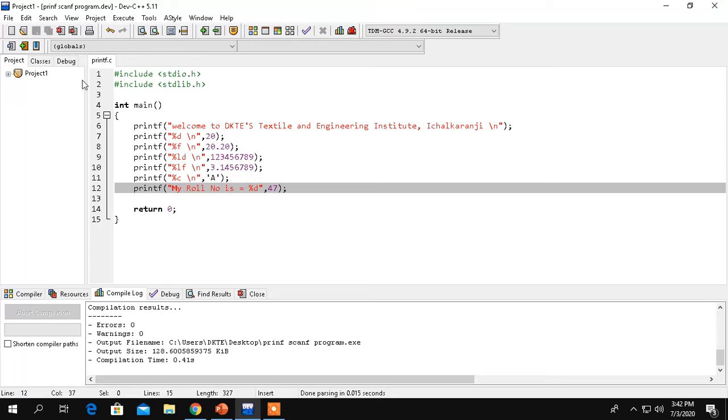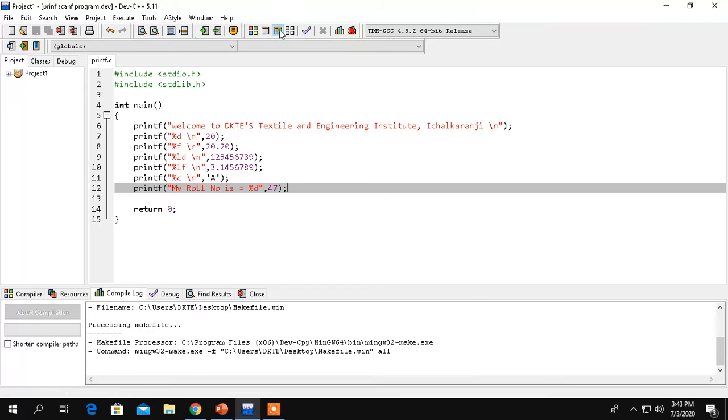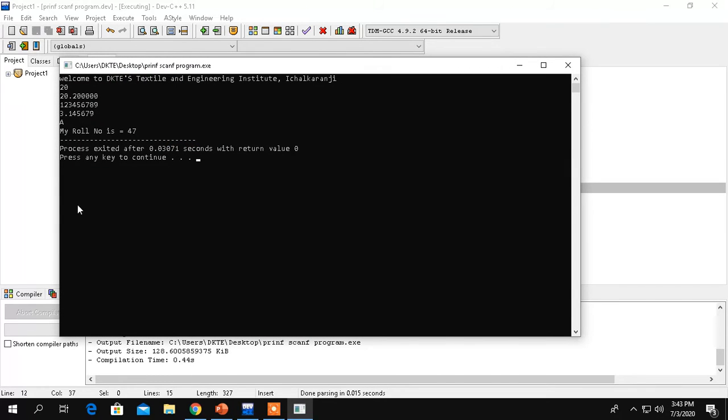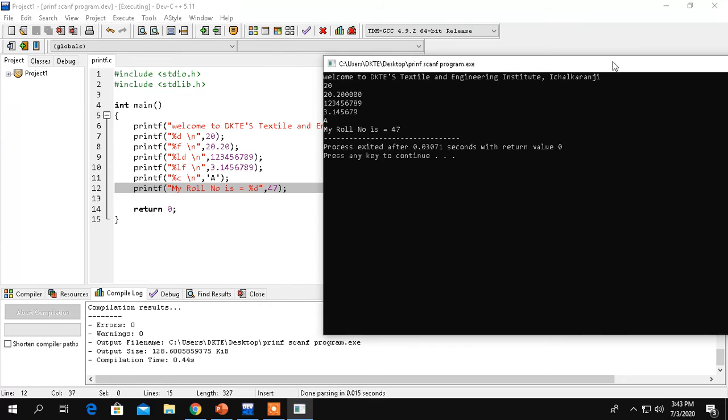So if we just save this written program, and if we run and compile, we will have the output window like this. So here we will have these three icons. The first icon is for compilation, the second icon is for run, and the third icon over here, we can perform both operations simultaneously, compile and run. So if we just click on that, we will have one output window like this. So over here we will observe in this program we have 0 errors, 0 warnings. So our written program is the correct one.